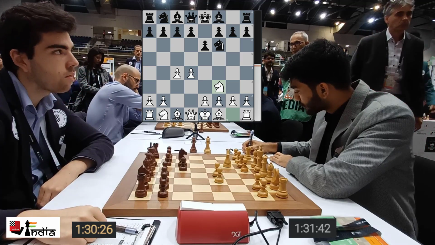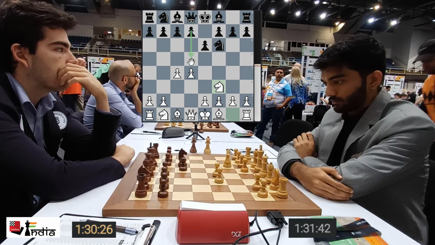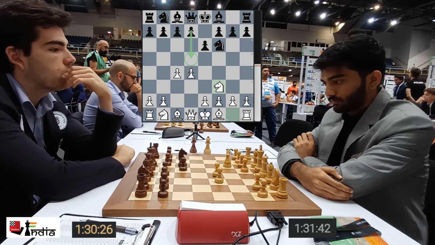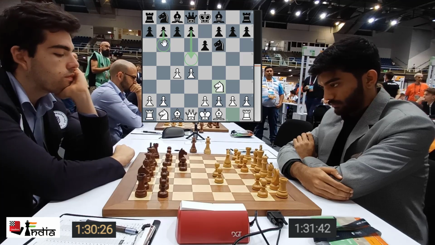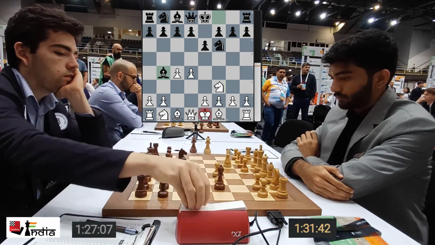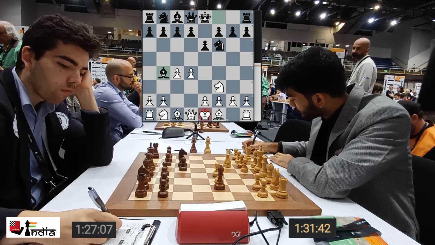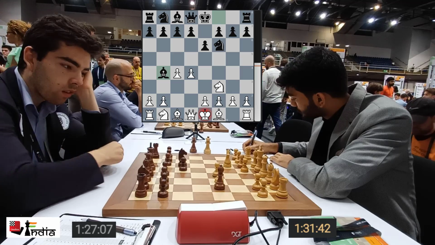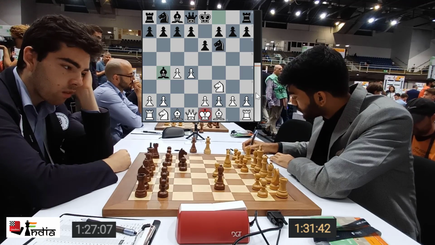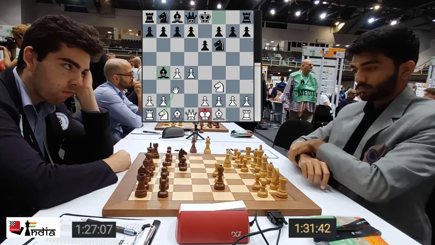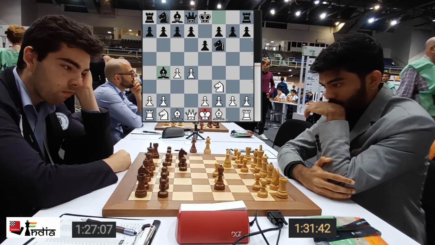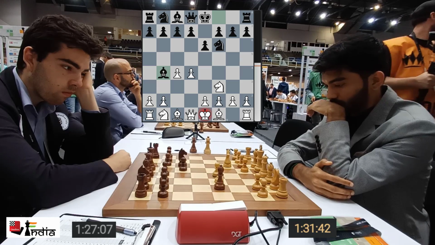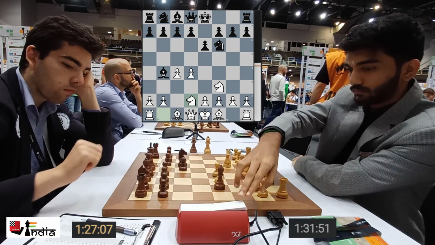And now Kozak can go d5, which is generally the move that we see the most at top level chess. But there's also b6, the Queen's Indian. But he goes for the Bogo-Indian with bishop b4. And now the main move is bishop d2. Let's see what Gukesh opts for. There's also knight d2. And if you play knight c3, it transposes into the Nimzo-Indian. Gukesh thinks for a bit and brings his knight to d2.